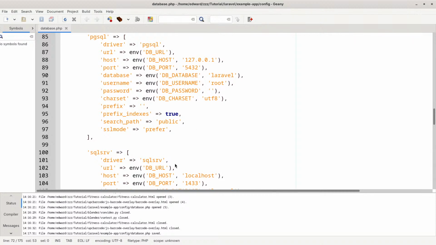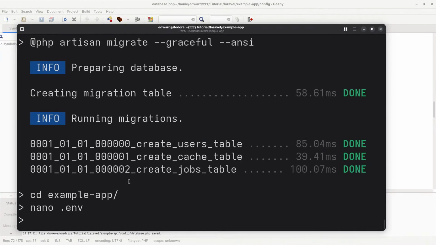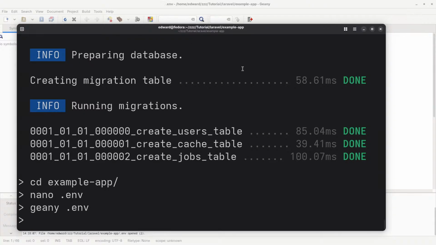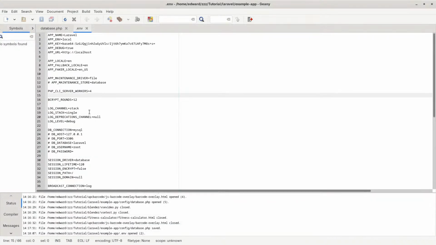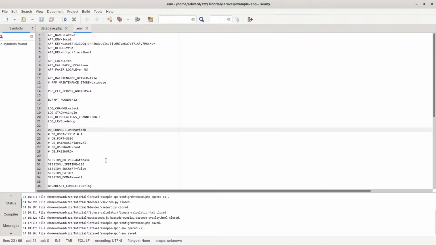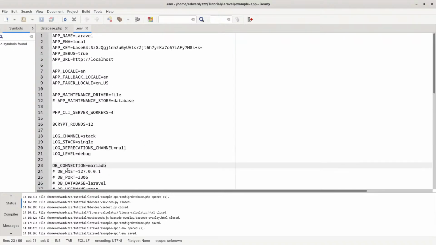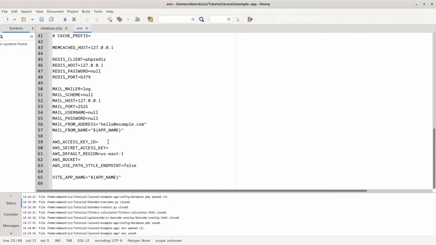You know what? Since I'm here, I'm going to open that up. I'll say geany .env. So it opens up that file, so I can change it here. I'll change it to MariaDB. Okay, in case you can't see this, I'll zoom up a little bit. You see the database connection, I changed it to MariaDB. This is the same file I opened up in Nano before. All right, now,